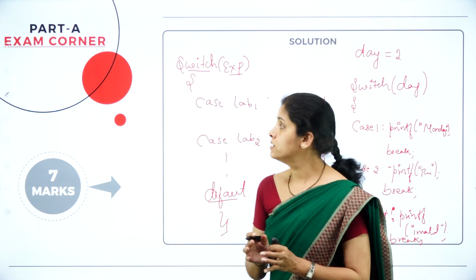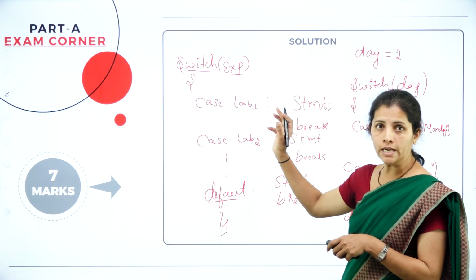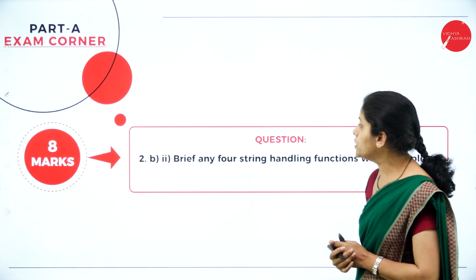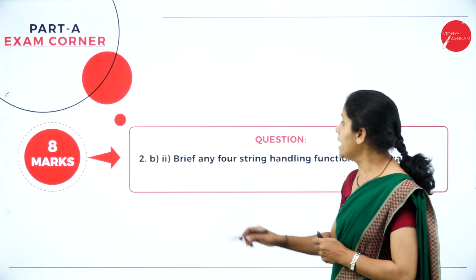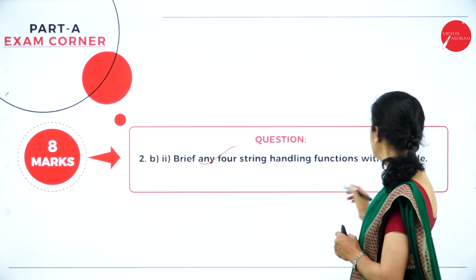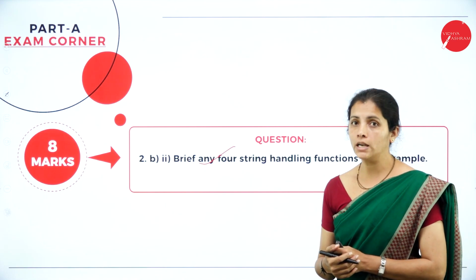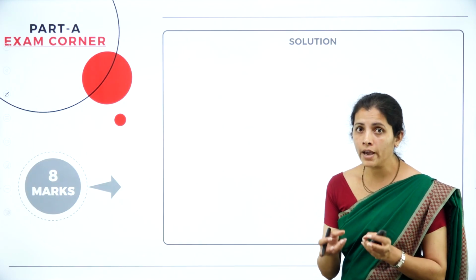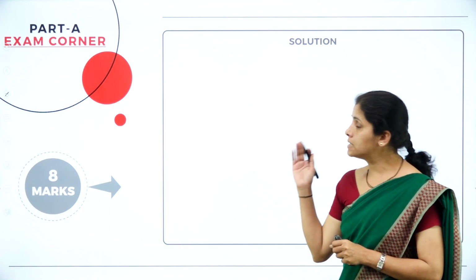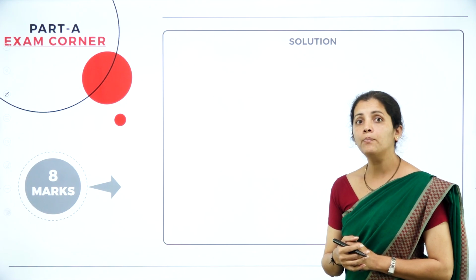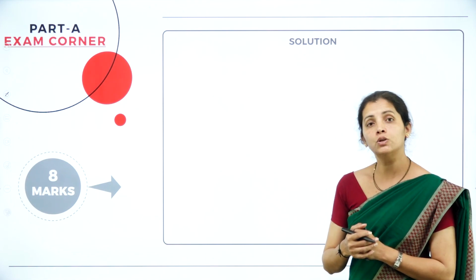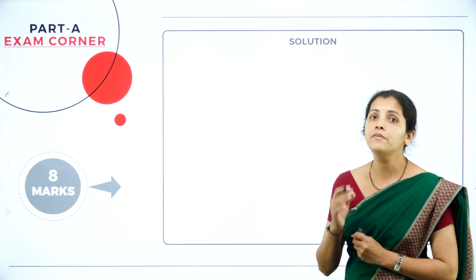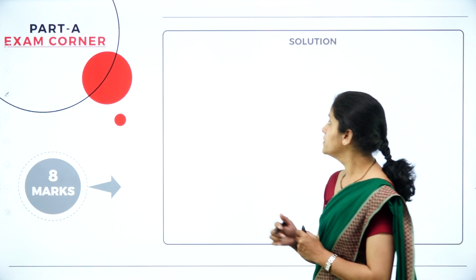So according to the question, you have to define what is switch statement, then write the syntax, then write the example. Now the next question here is: briefly explain any 4 string handling functions with example. So what is string? String is nothing but a collection of characters or group of characters. And if I consider C program, it provides some built-in functions to handle this string. And according to the question, I want to explain any 4 string handling functions. So I'll take